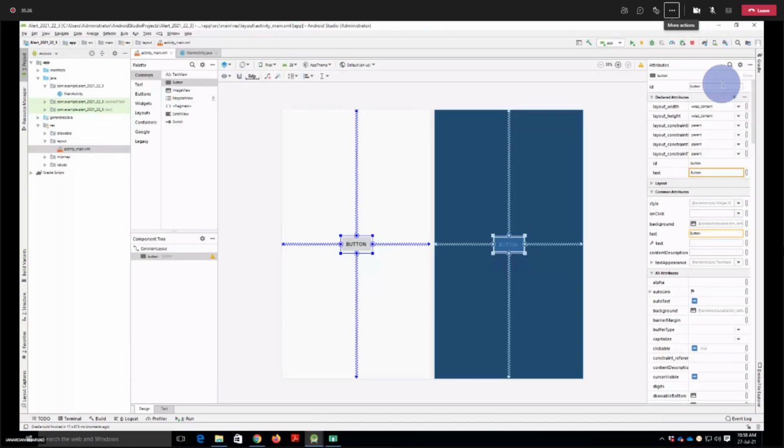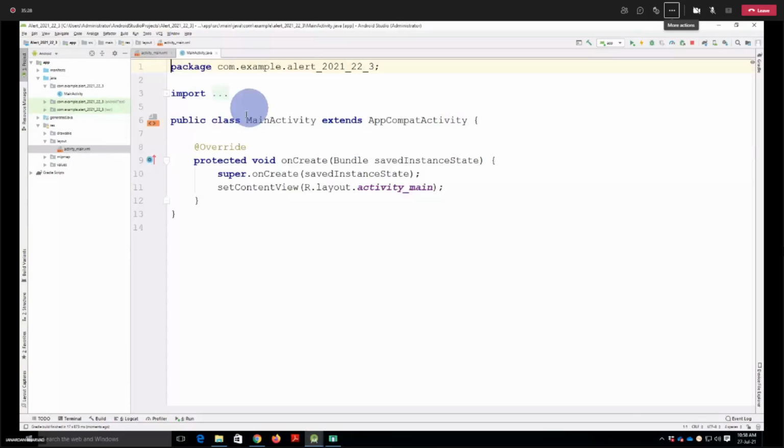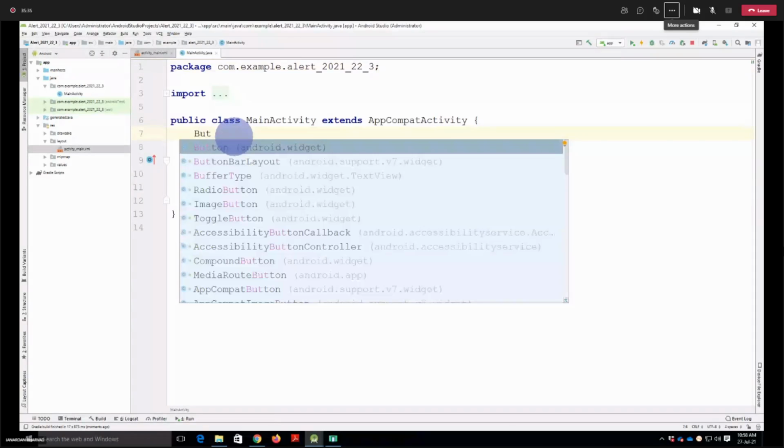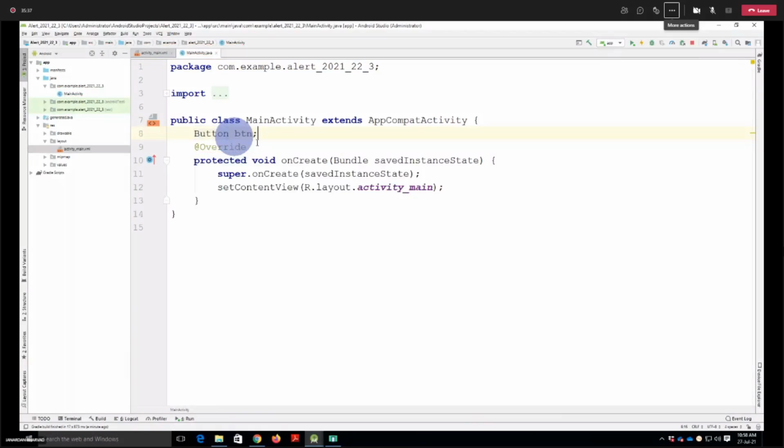The ID is button. As we have only one button, we are creating the object. Next part is we are linking it.